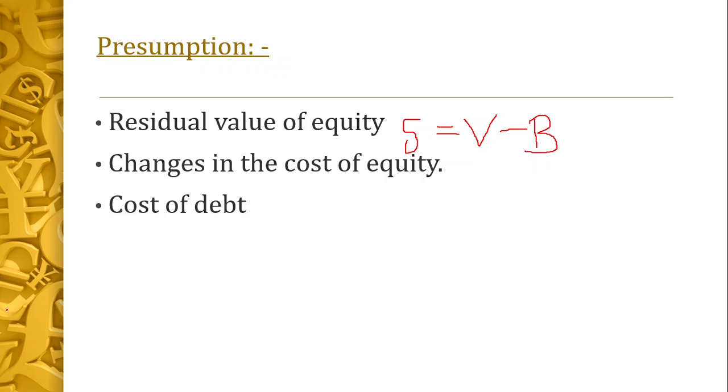E is nothing but your equity. K naught is nothing but both together. So do not get confused. S is nothing but shares. They have not given E, but they have given S. It is nothing but your shares. V is value of the firm. V stands for value. B is nothing but your debt. Maybe when this idea was proposed, it